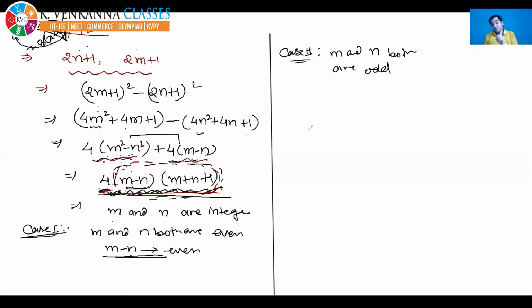So yes, case 2, m and n both are odd. The only thing you can do is this thing, whatever I am doing here. So please clearly understand this logic. I was telling in the previous class that the question was not so easy. That's why I did not solve the question in the class previously. I'm solving it right now because a few students were regularly trying, and that is a very good thing. Getting the correct solution of the question is not very important right now. Right now, the most important thing is that you must try all the questions properly.